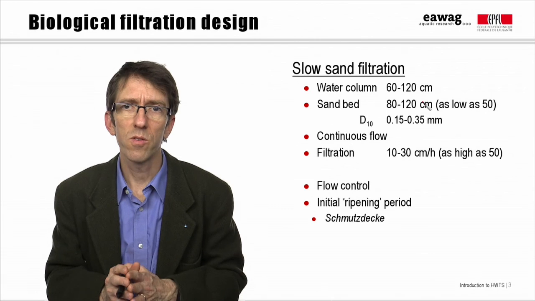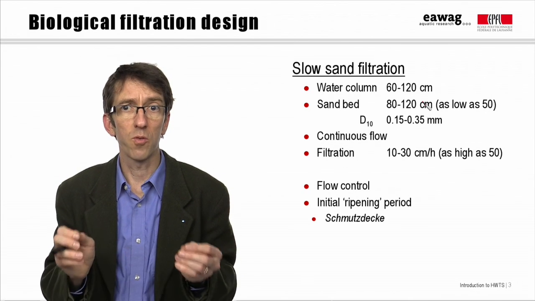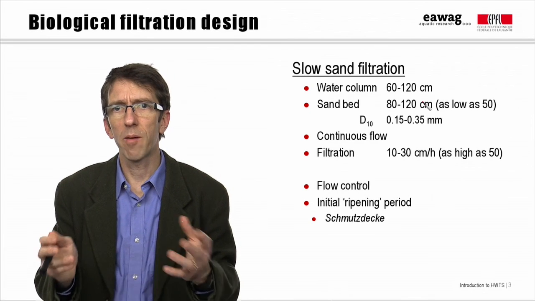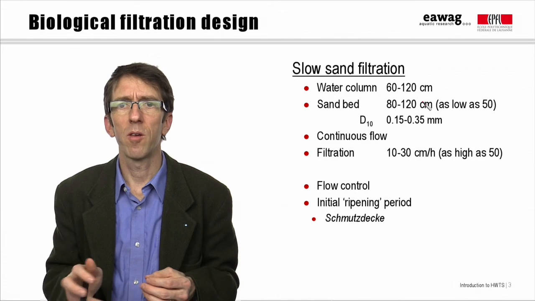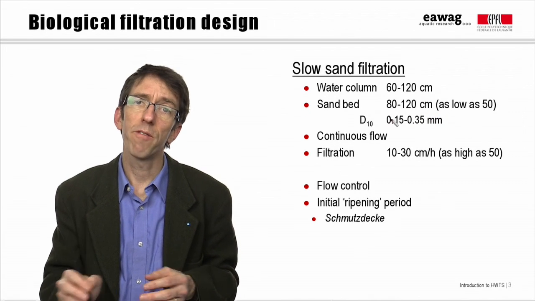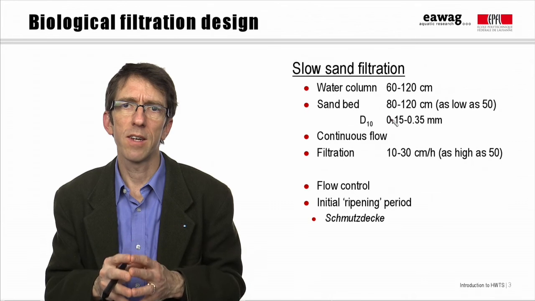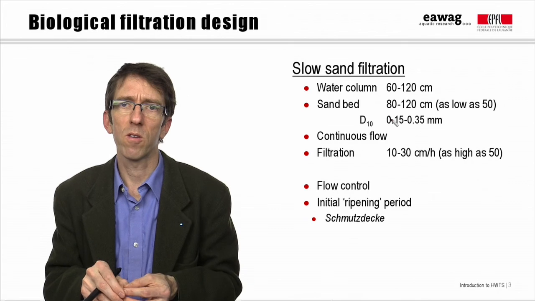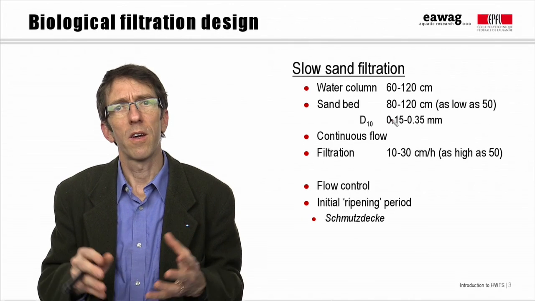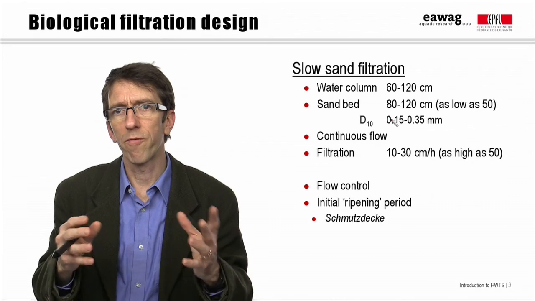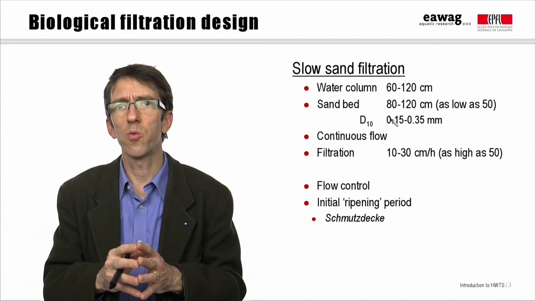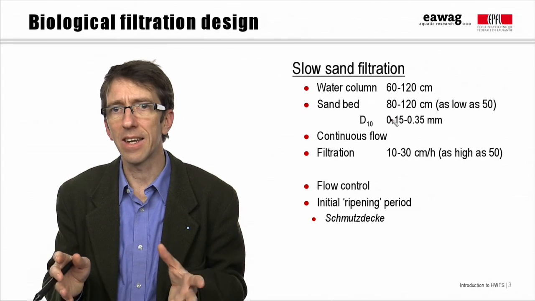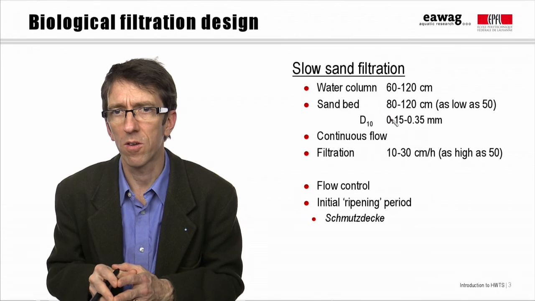The type of sand that's used in the bed is important. It shouldn't be too big or too small. It should also be fairly uniform, and often people aim for an effective size of around 0.15 to 0.35 millimeters, where the effective size is the D10, or the size which 10% of the particles are smaller than. And a guideline for uniformity is that the uniformity coefficient should be around 2 or 3, where the uniformity coefficient is the ratio of the D90, the size of the 90th percentile particle, to the D10.